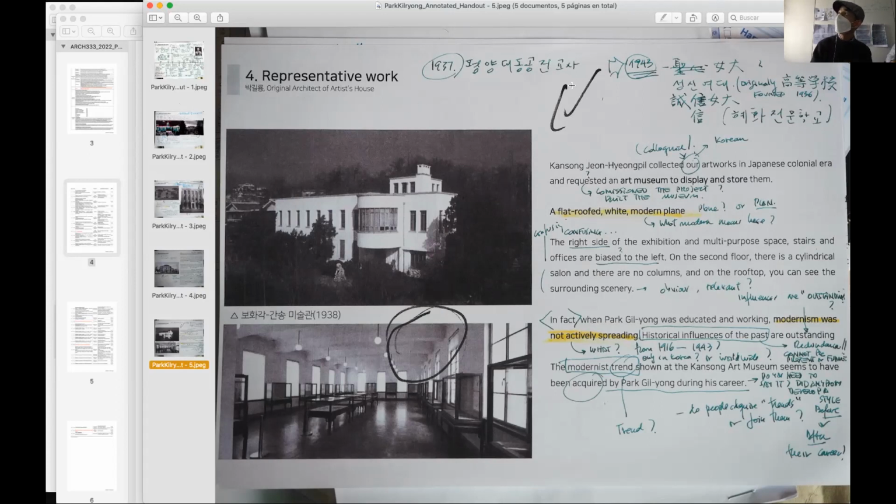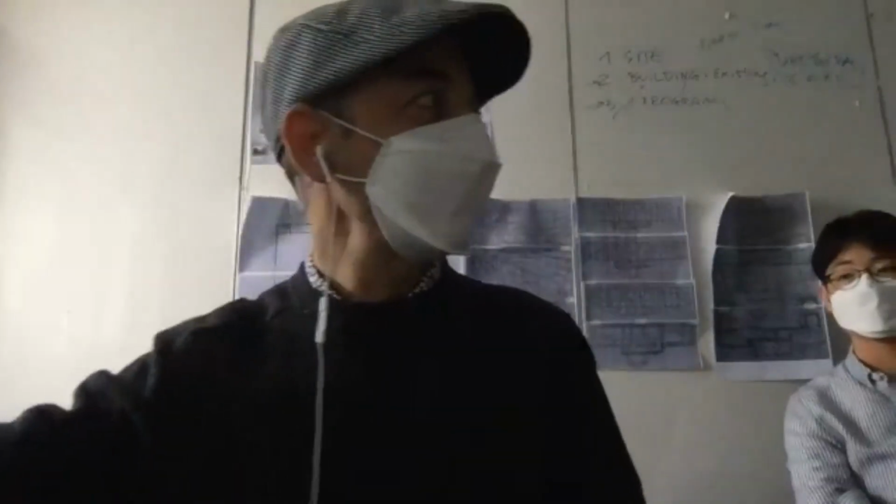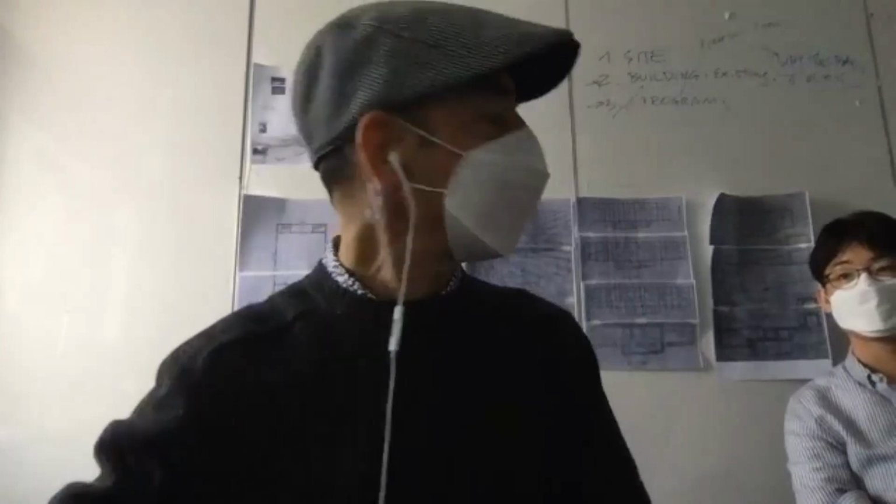37 maybe. No, this is another building. This is 1938, right? So I found references to other buildings of his, but anyhow, that's interesting information. I don't share this because it has many annotations, which maybe are not worth sharing.